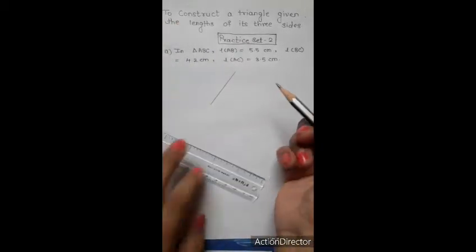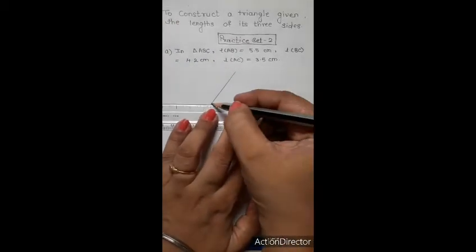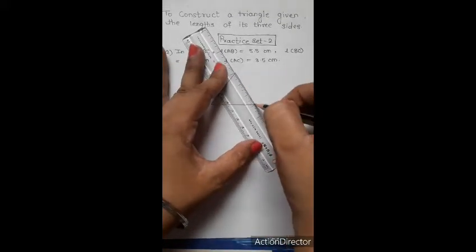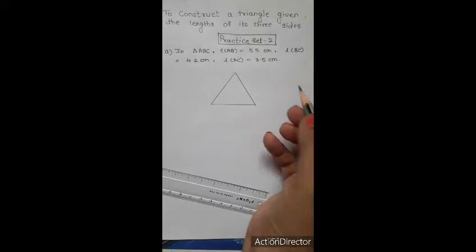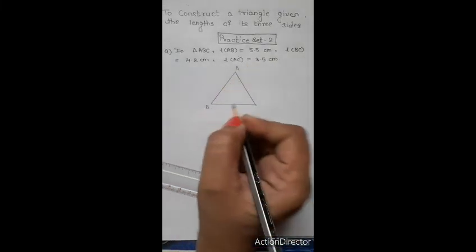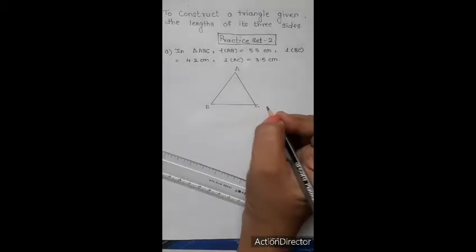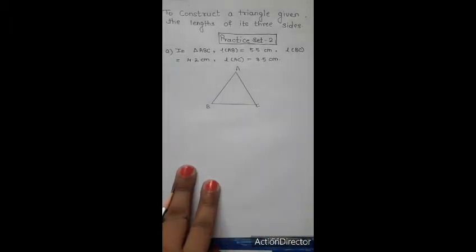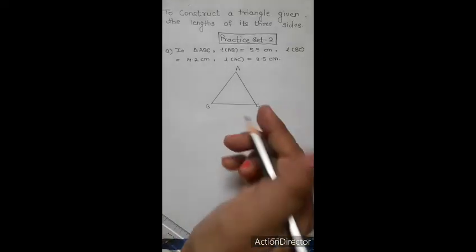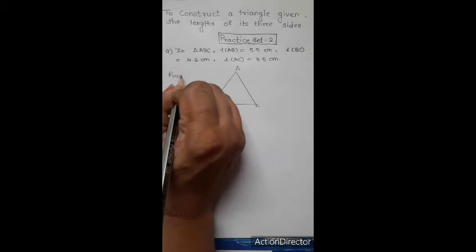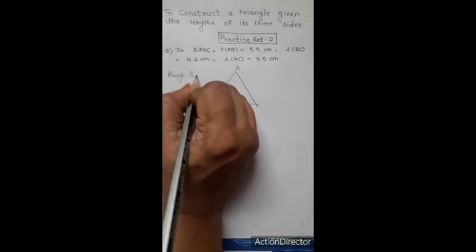Now, while drawing the rough triangle, we don't have to take measurements. Rough means it just gives us an idea which point will come where, which side has how much length. That gives us an idea how to construct the triangle. Now, this is our rough figure. You can label it as rough figure.